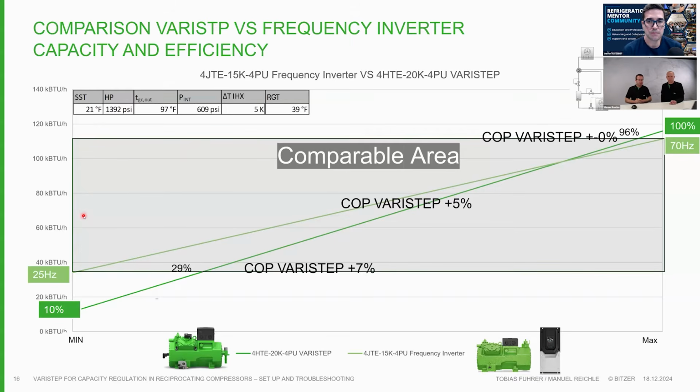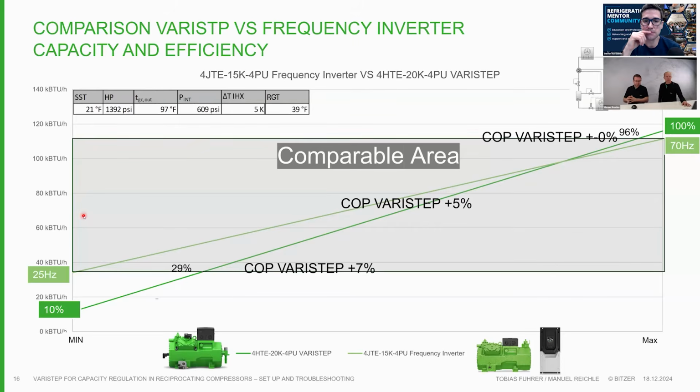Then we have to select the 4HTE, which is one size bigger. This compressor is doing 118 kBTU at 100% and roughly 15 kBTU at 10%. So it's a much wider range. If we focus now on the range where I can compare these two compressors, the comparable range is between